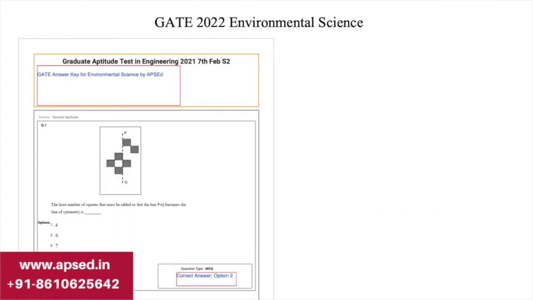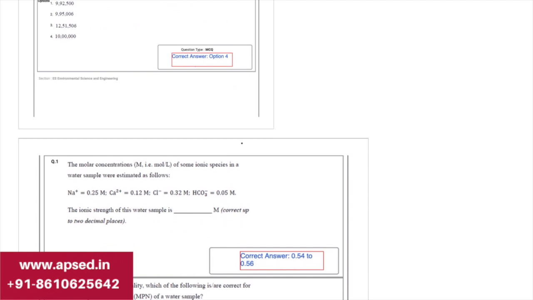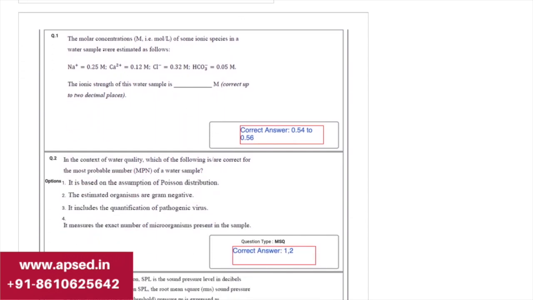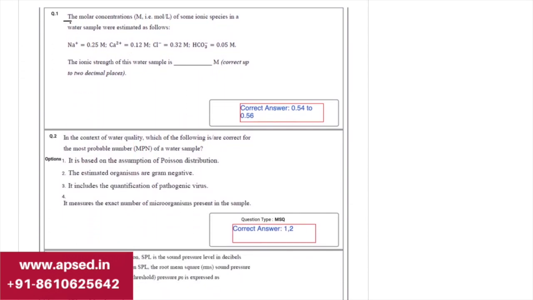So now let's see some of the technical questions and their solutions that were asked in this paper. So I'm skipping this aptitude part for now. In next 2 days we'll be putting the detailed solutions for all these questions. So for now let's see some of the technical questions. So like this one says the molar concentration of some ionic species in water sample were estimated as follows. So these molar concentrations of these ionic species are given here, and it is asking for the ionic strength of